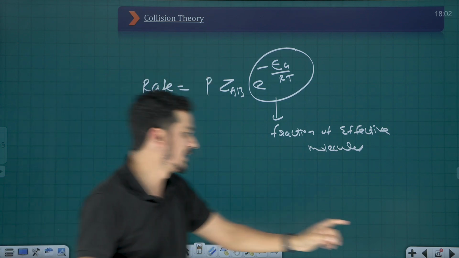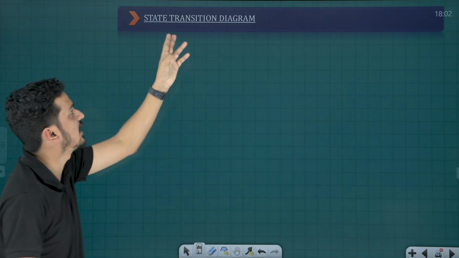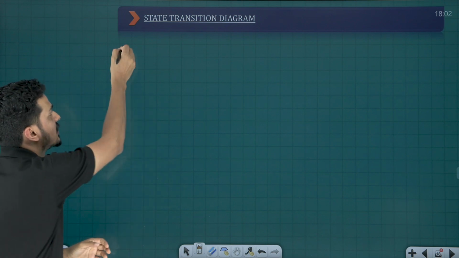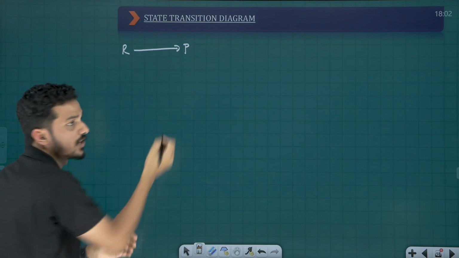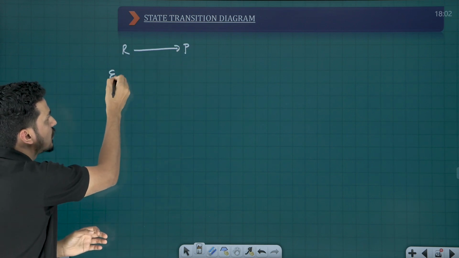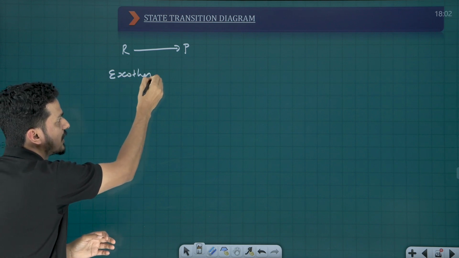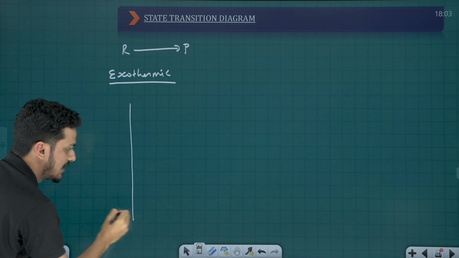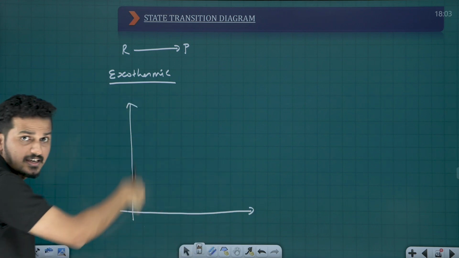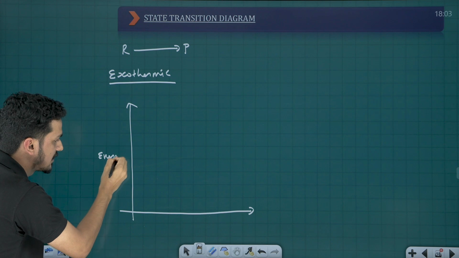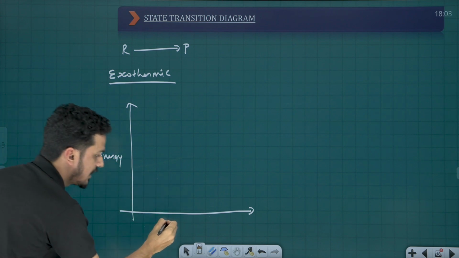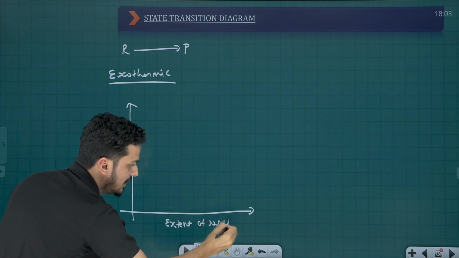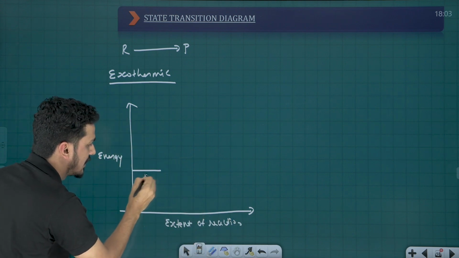Ready, guys? Then again, in this chapter, finally you have to remember the state transition diagram. That's very important. Consider a reactant reacting to give product. If it is an exothermic reaction, according to the state transition diagram, we can draw it like this. Here I am taking energy, that curve you learned, and here the extent of reaction. Initially the reactants have some energy,